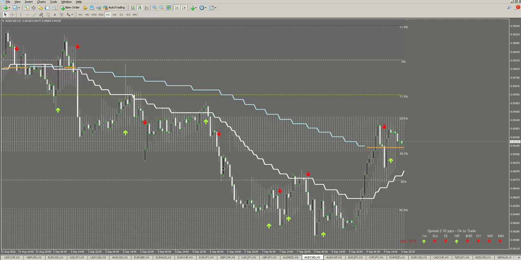Alright, and you can see there's always a pullback pretty much at the first, if you get the proper structure. And the structure I'm looking for I actually mark out, and I go through this quite a lot. This is the structure I like. Congestion. After congestion it'll pull up a little bit, but we don't take that trade. Why? Because the market's bearish, and then it pulls back down, and then you get the signal. So that's my signal. So we've got congestion, up, down, first signal, and the first target is actually the first